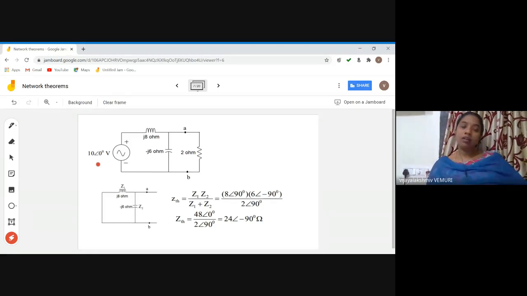A wattmeter, I'm talking about AC. There is no question of DC wattmeters. We don't have any DC wattmeters. A wattmeter is an AC type only. In DC, anyhow, we multiply voltage and current directly and get power. But in AC, it is not the case. There is another term, cos phi: VI cos phi, VI sin phi. You can't just multiply the voltage and current values; you will not get the power value.